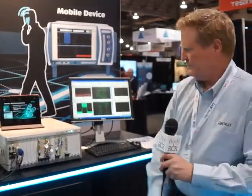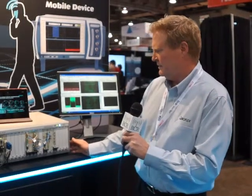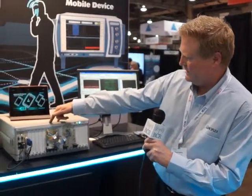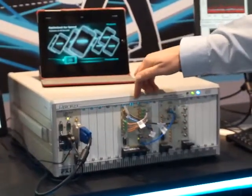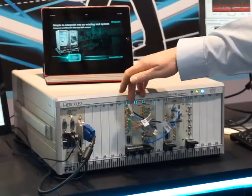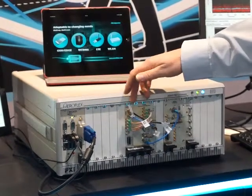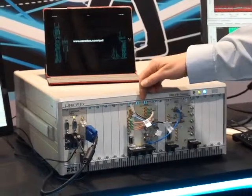So here we have our Phase 5 PXI 3000 product, intended for manufacturing test for cellular connectivity, and we have two main parts: the 3050A, which is a signal generator source, just split into two modules. On its own, the 3050A gives you CW, very high performance CW, or analog modulation, and then coupled with the 3320, which is a vector arbitrary waveform generator, you then get 200 megahertz of very low distortion modulated bandwidth, very flat response. We get residual EVMs of about